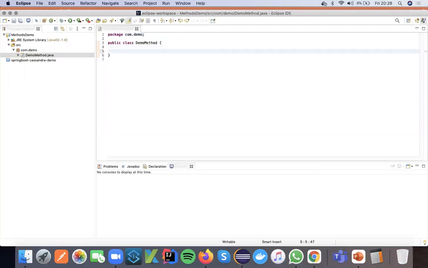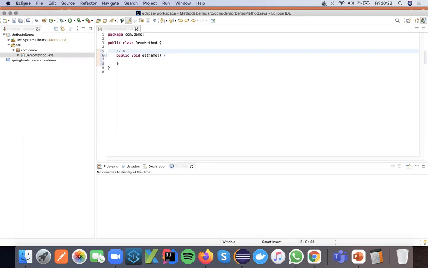Clear? Now what I'm trying to show you is how to create a method and what things will be available in a method. First one, public void, and I'm writing some name, getName. This is the method syntax. What will this public do, what is void, and what is this getName? Here I will write the syntax for this method.